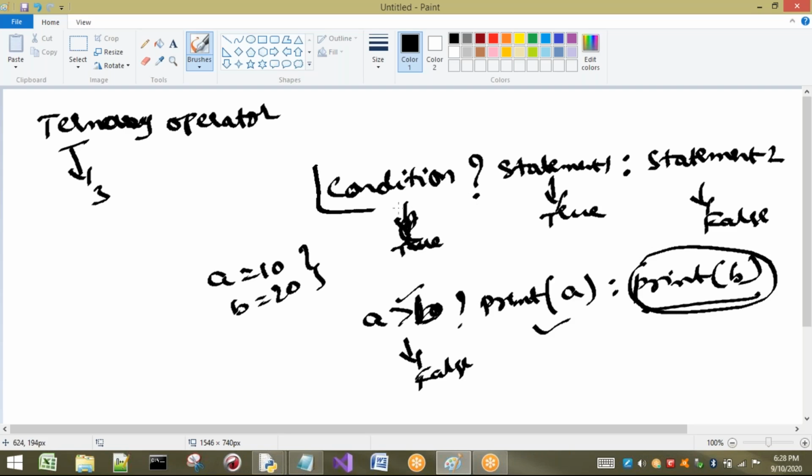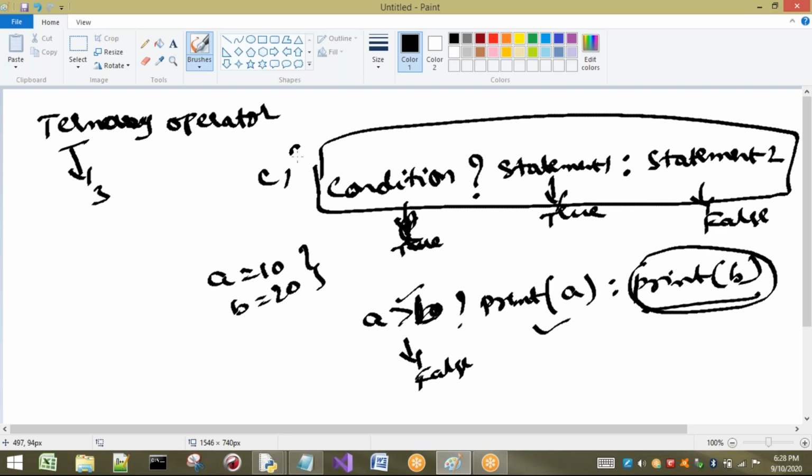So this syntax is the same in C, C++ and Java, but not in Python. Okay, I have to differentiate these things, because if any of you know C, C++ or Java, it may lead to confusion. So first I have to explain this one. Later I will go to the Python concept. So in all these three languages, this is the syntax of the ternary operator.